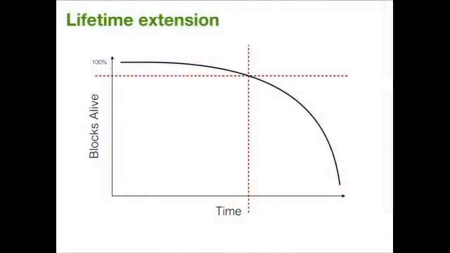So what error correction does for you is to take the lifetime of a device and extend it. So I'm showing the capacity, the blocks that are usable in a PCM array over time. You can think of the x-axis as the number of writes that have happened overall to the array, and the y-axis as the number of blocks that are still usable. And if you don't have any error correction at all, then the first error anywhere, the first failure in any cell in your entire array means that you no longer have a completely usable system.